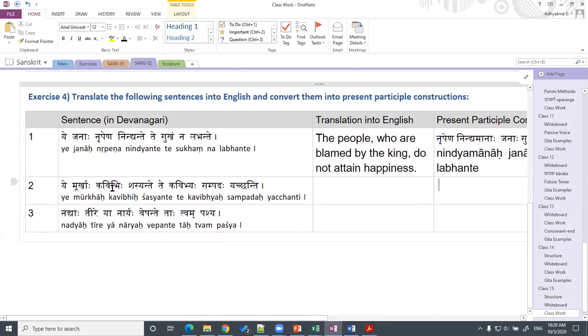So ye murkhaha kavibhih shashyante te kavibhyah sampadah yachanti. This is also shashyante. This is also passive. So as you can see, this is the third case, kavibhih. So kavibhih shashyamanaah murkhaah kavibhyah sampadah yachanti. The fools